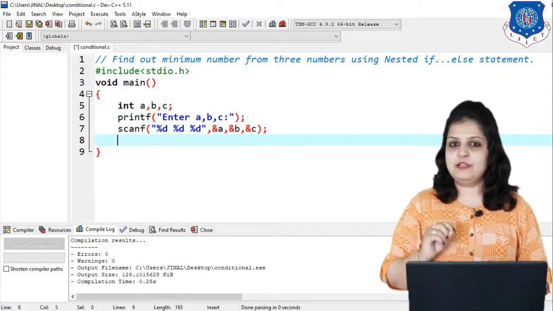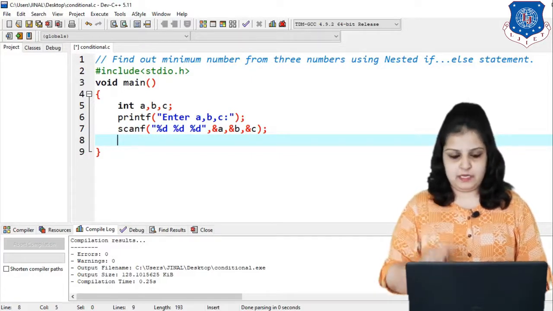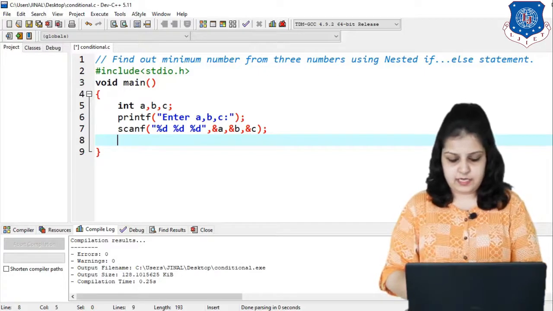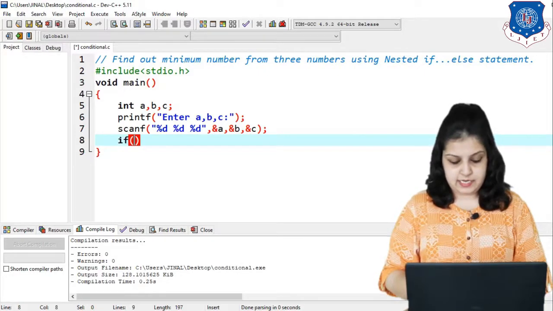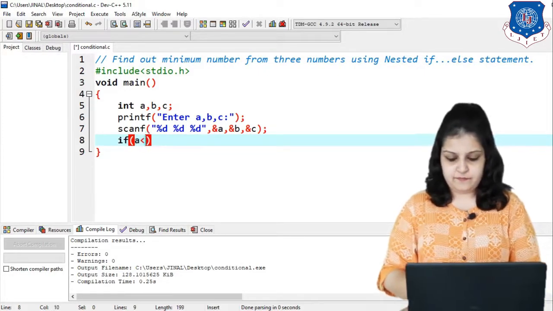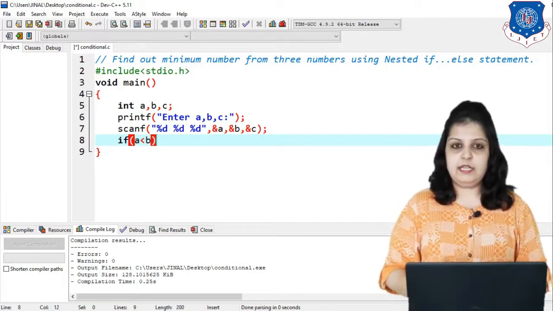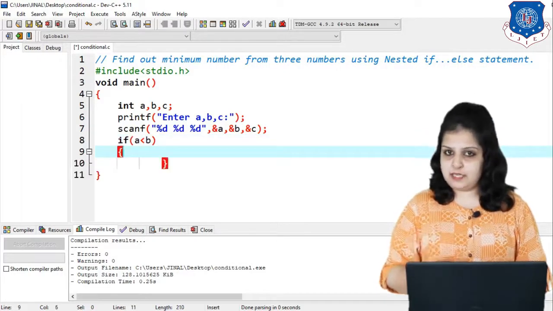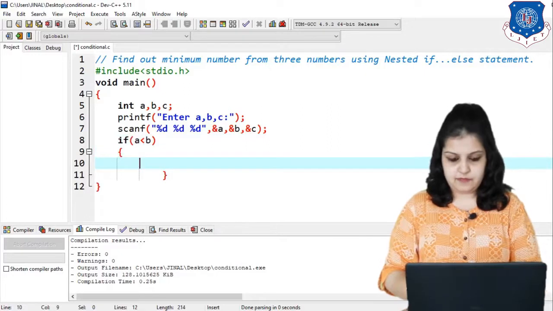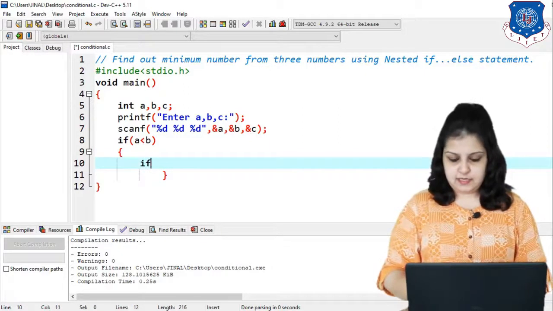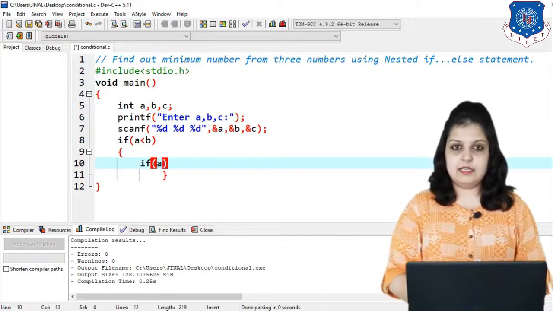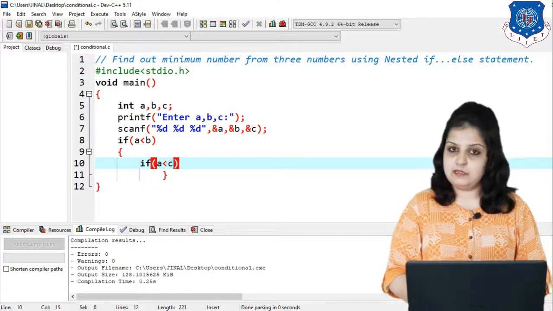Now first we have to write our first condition. In the previous example we wrote A greater than B. Here instead of greater than simply write A less than B. And in this if, again we have to check a second condition, that is if A less than C. If yes, then simply printf "A is min".